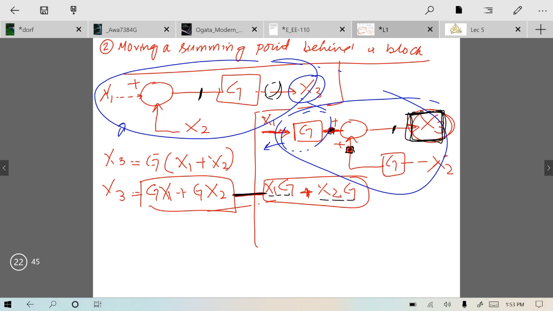However, the summing point in the above picture is ahead of G, whereas the summing point in this picture is behind G. So in this way we can move our summing point. Next was